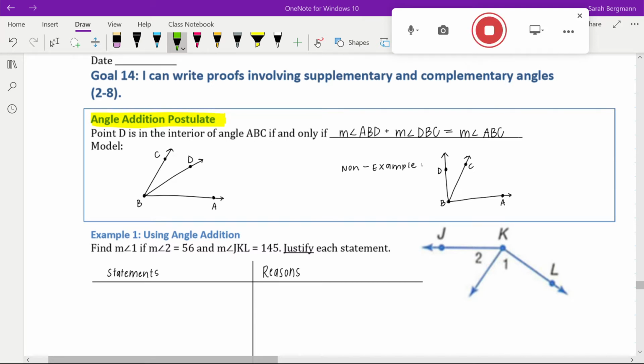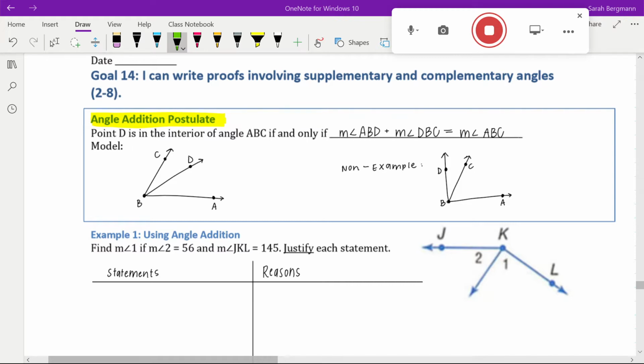The video today is all about proofs involving supplementary and complementary angles. You already know the definition of supplementary and complementary angles. Now I'm going to teach you a few theorems about them and use them in some proofs. First, I need to teach you the angle addition postulate, which you probably already have an idea of, but this